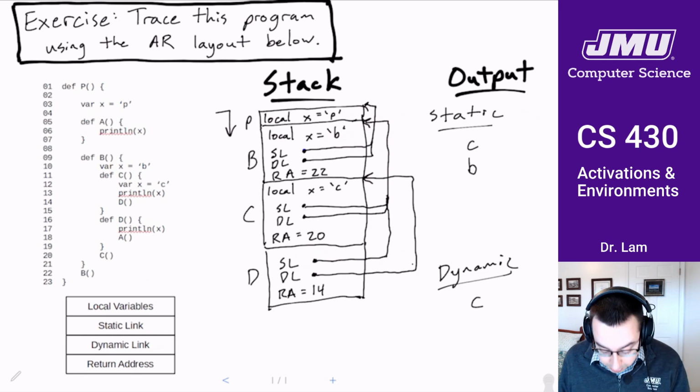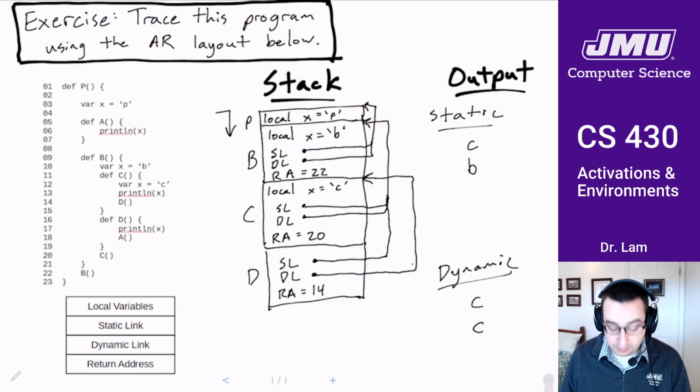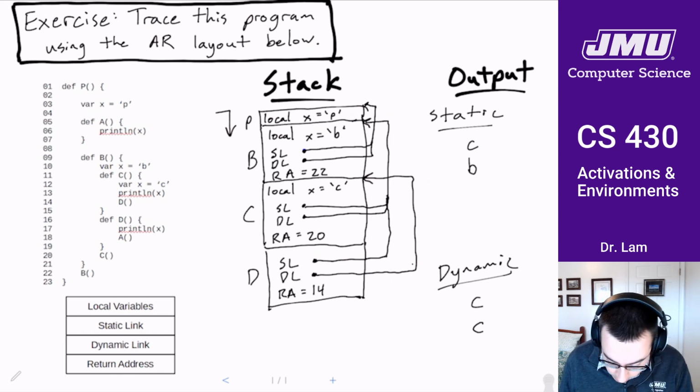Under dynamic scoping, here inside of D, we would look at D's dynamic link, which points us back up to C. And so here is the difference, because whereas in static scoping we found B's version of X, in dynamic scoping we're still going to use C's version of X. Okay,